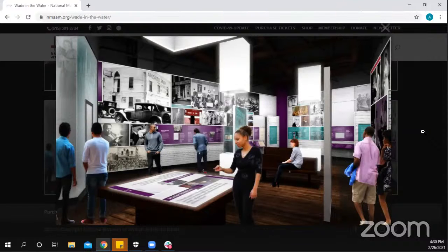We have tons of photos. In the back right corner, you can see that there's a bunch of tiles of photos. Some are in black and white. You have three of them that are in color. They're a little too far for me to see what's going on. But as you get closer to shoulder height, you can see that teal rectangle with some more photos, and then you can read about what's going on with those photos. So this is just a room full of photos, full of lots of text so you can read and